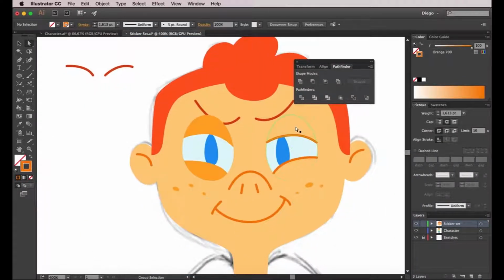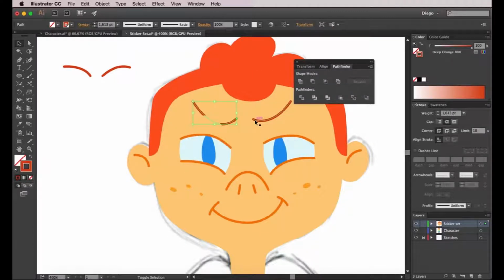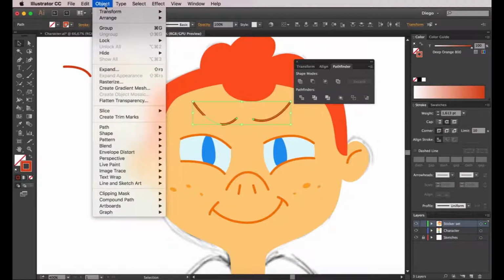Okay, which one do I like best? Maybe it's a combination of both. So I think this color is a bit dark, so I'm going to go ahead and use this variation. Now I'm going to take the eyelashes, hold Shift and select both, go to Object, Arrange, bring to front,